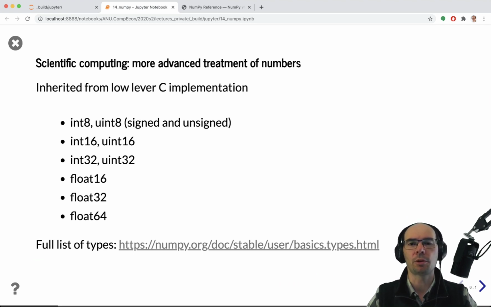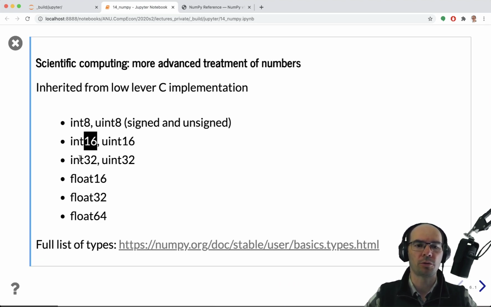And a library like NumPy would introduce into the language new objects and new data types and new methods. So in NumPy, we are going to have a more detailed representation of numbers. There will be C language-like types of int of different lengths. Numbers here refer to the number of bits which are used to represent a number, and uint versus int, that's